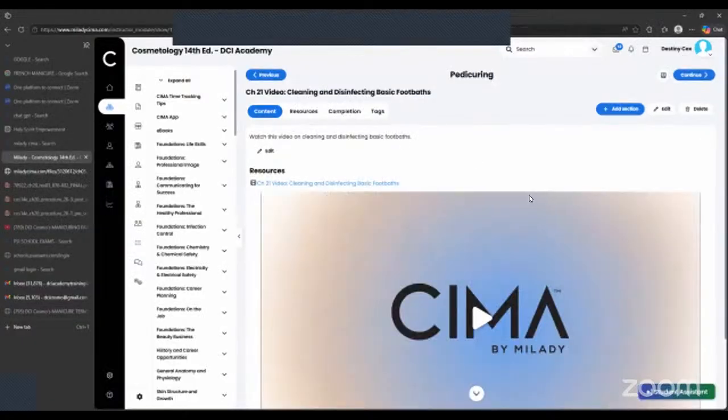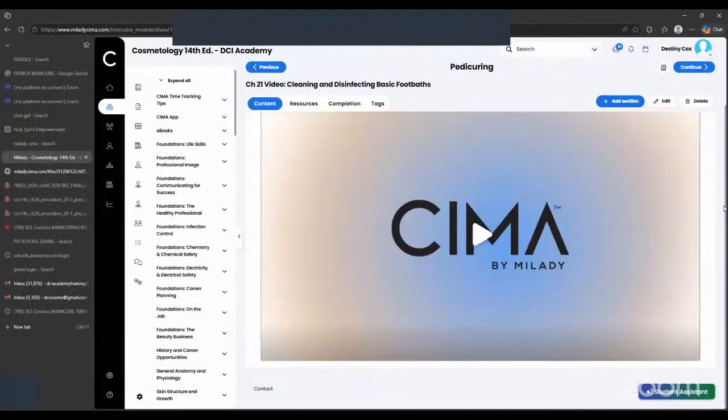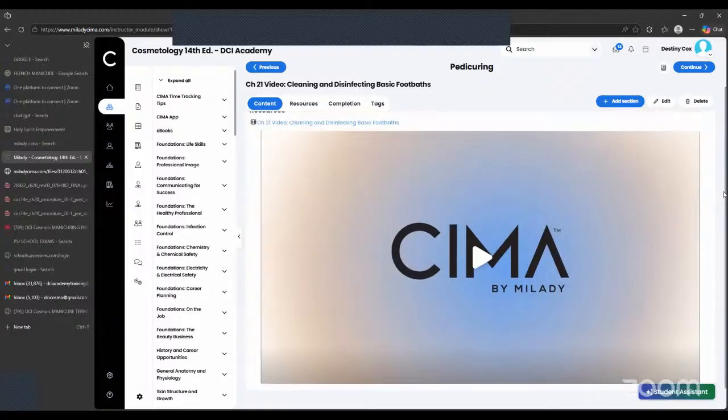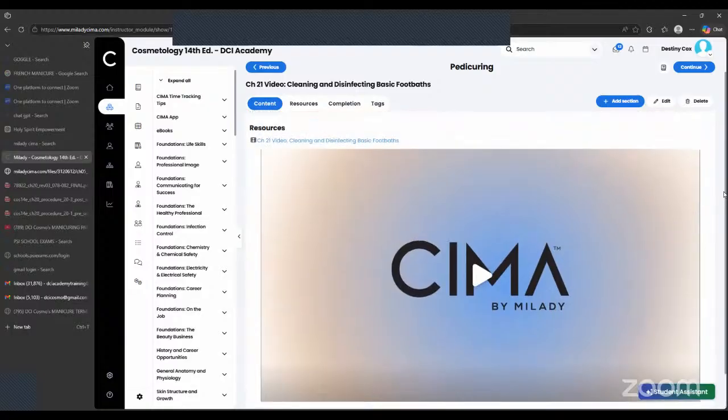We're going to pick up in the textbook. You already have your assignment for the rest of the week and the weekend, which is the check-in questions for chapter 20 and 21. That's manicure and pedicure. They're going to roll together and they're due on Monday. The reading assignment is going to be